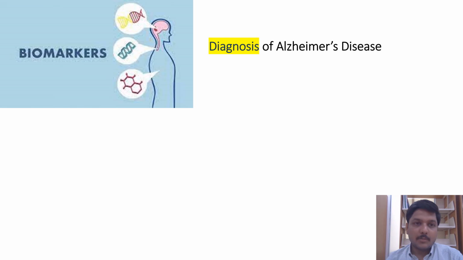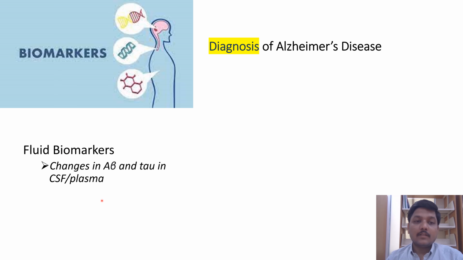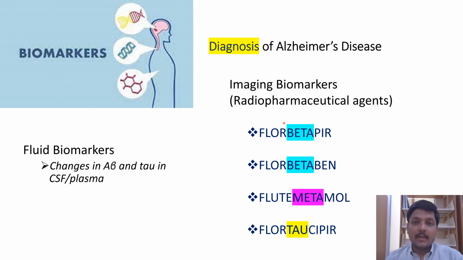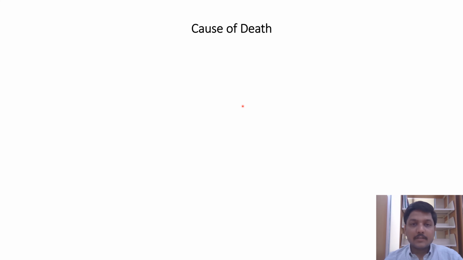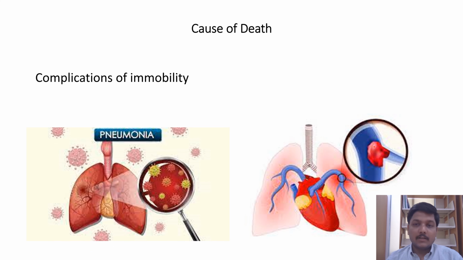Firstly, we should know about the biomarkers in Alzheimer's disease, which are used for the diagnosis of the disease. What are the biomarkers? Fluid biomarkers, which we can see in CSF and plasma. We can see changes in A beta and tau amyloid proteins, and imaging biomarkers. When done on an MRI scan, we can see these biomarkers, which we give as a dye: florbetapir and florbetaben and flutemetamol and flortaucipir. The cause of death in Alzheimer's disease is generally the complications of immobility, pneumonia, and pulmonary